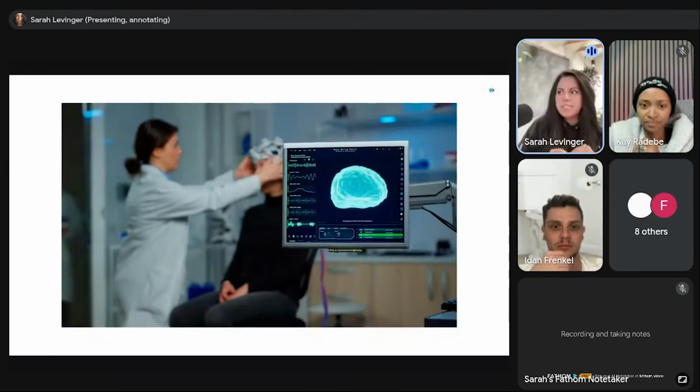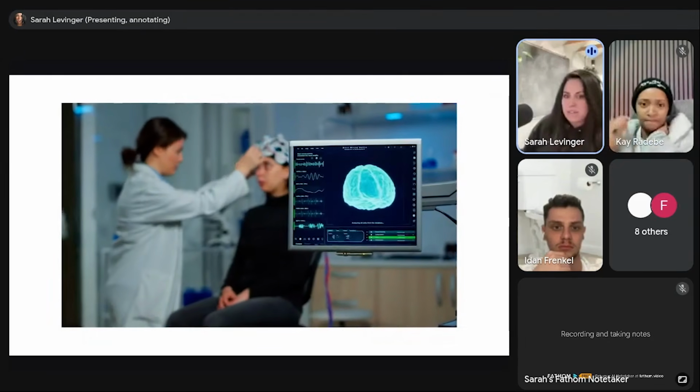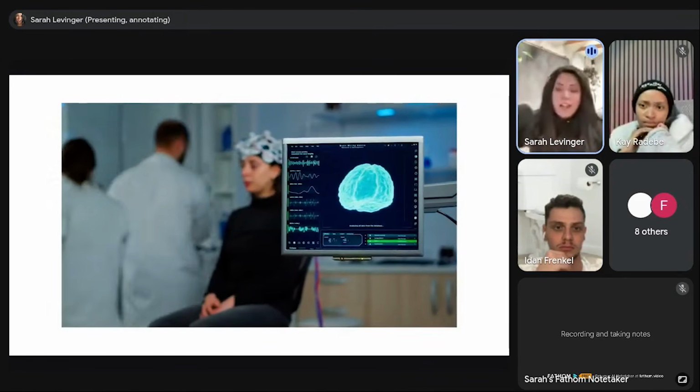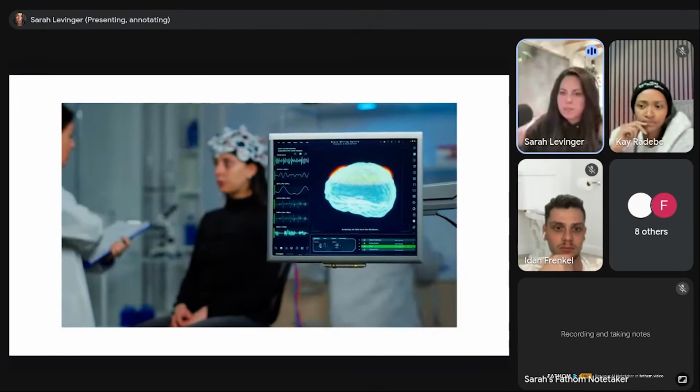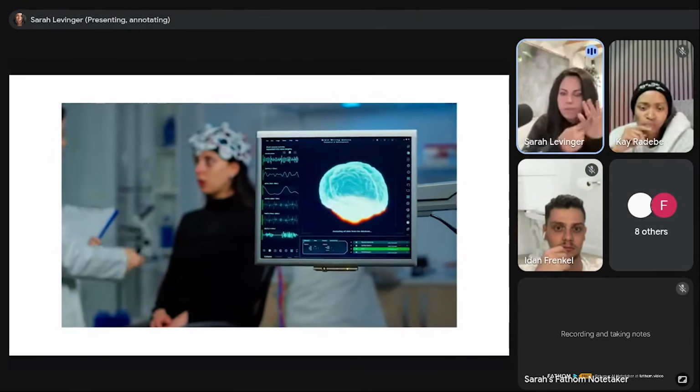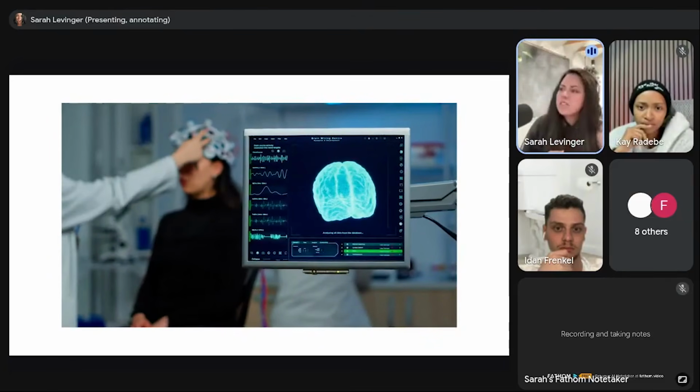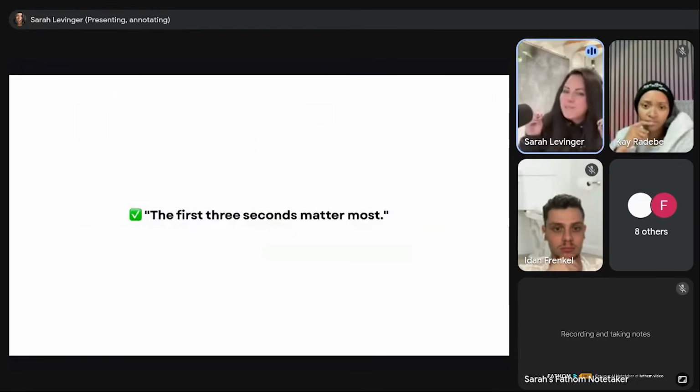Neurons ran EEG scans of the brain, where it tracks what's popping up. You've seen these weird scans where you can see all the colors in the brain. They looked at all of these different colors and how the waves were working when people looked at advertising of any sort. They specifically looked at what happened to the brain during the first 3 seconds of the ad. What they found was super fascinating.